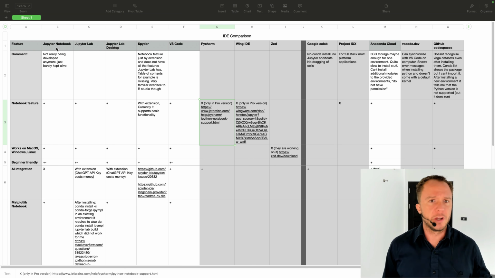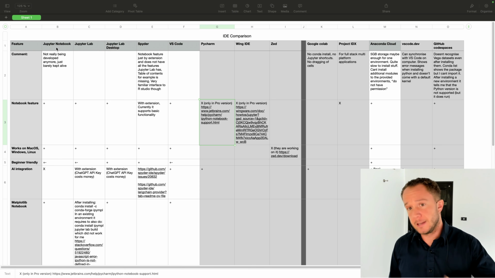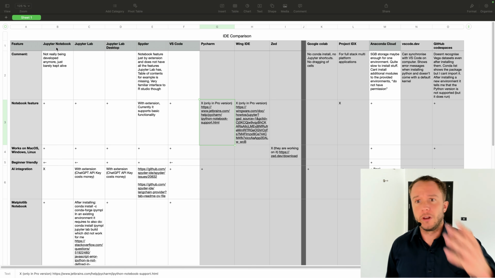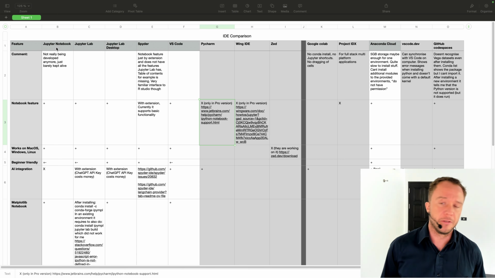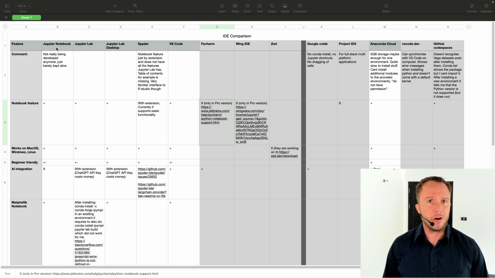What about Spyder, VS Code, PyCharm, Wing IDE, Zed, or online interpreters like Google Colab, Project IDEs, Anaconda Cloud, VS Code.Dev, and GitHub Codespaces? There are a lot of options to choose from, which is why we can be a